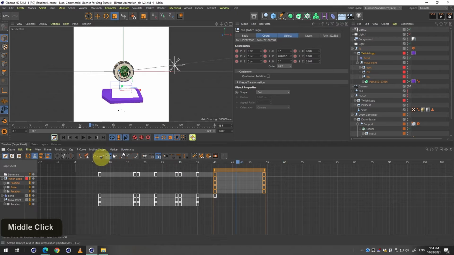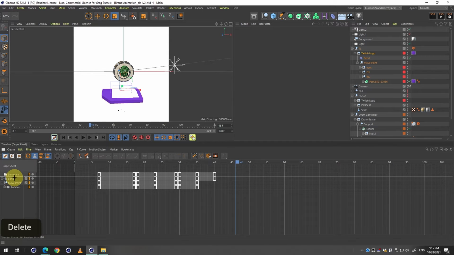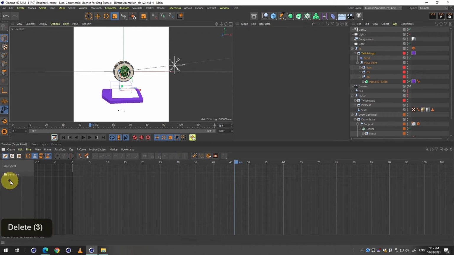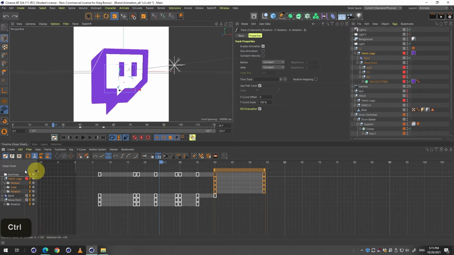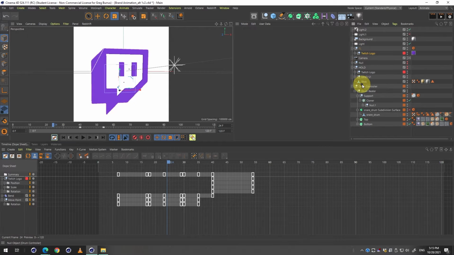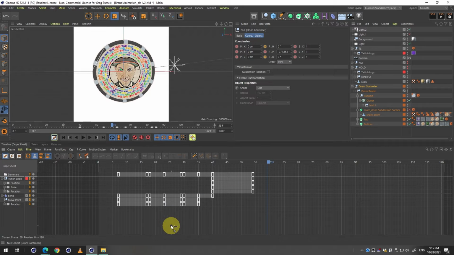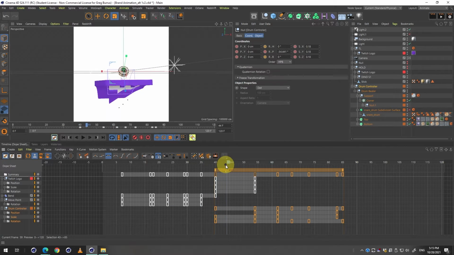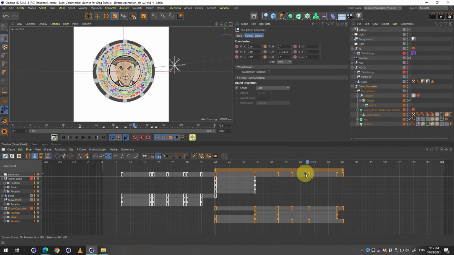And then for the drums, which comes in later, that actually scales in from 0 and then becomes bigger, and then I use sort of